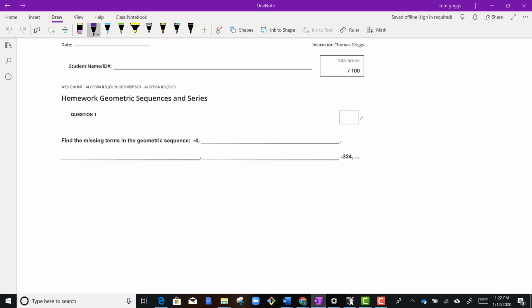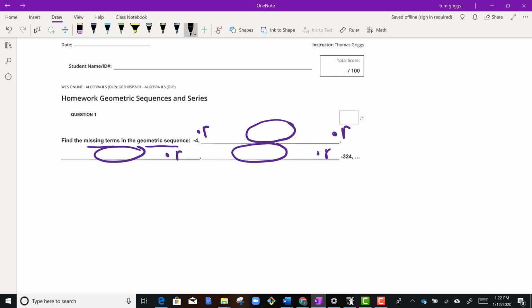All right, so number one, it asks for us to find the missing terms in the geometric sequence, which means there's a common multiplier, or as we call it, there's a common ratio. So to get this first missing term, we would have to multiply -4 times r. Then we would multiply this unknown term times r to get the next unknown term. And then we would multiply by r one more time to get that third unknown term. And then we would complete the cycle by multiplying by r one more time to get